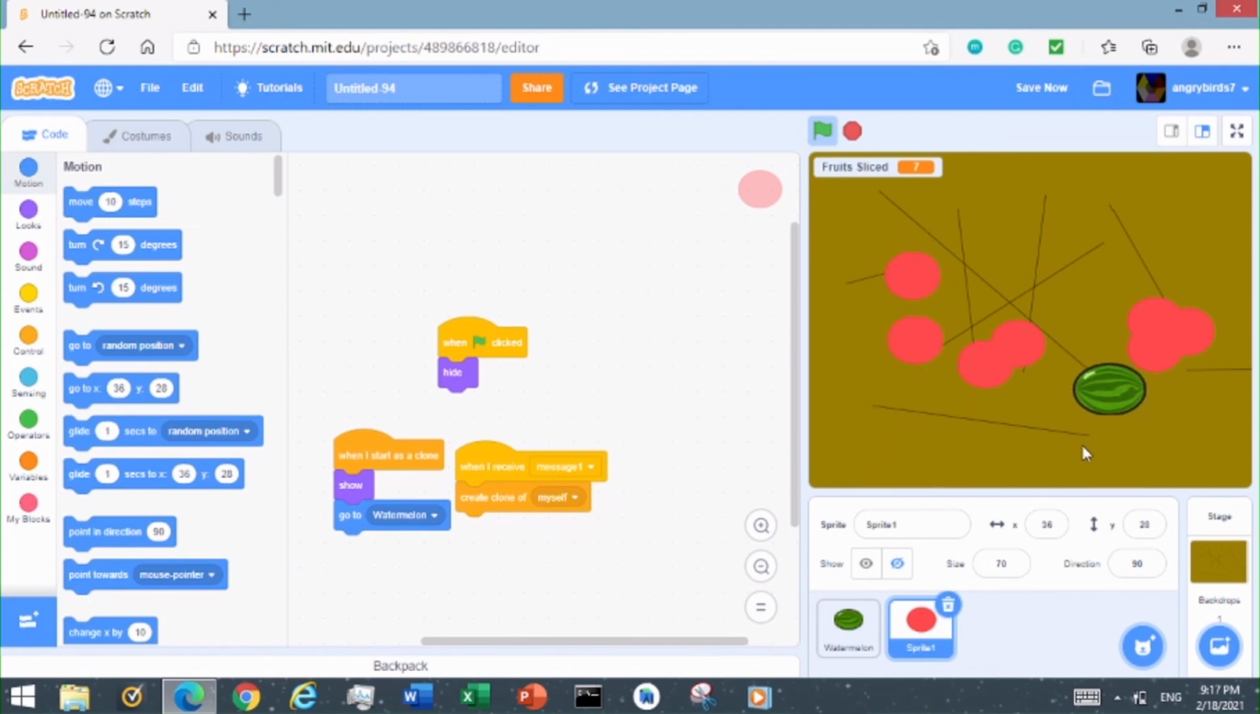So now we have a fully functioning Fruit Ninja game on Scratch. In a future video, I'm going to be reviewing how to add more fruits to this game. But that's it for now, and I hope you